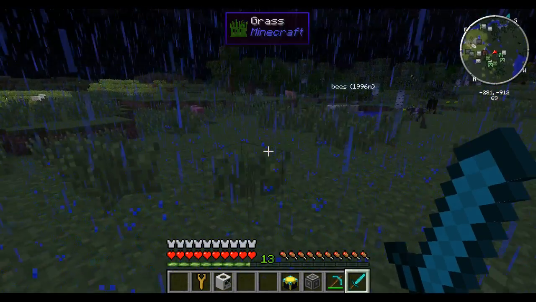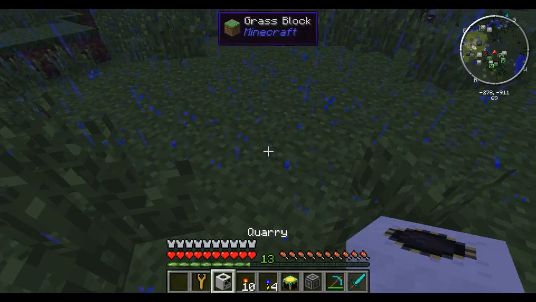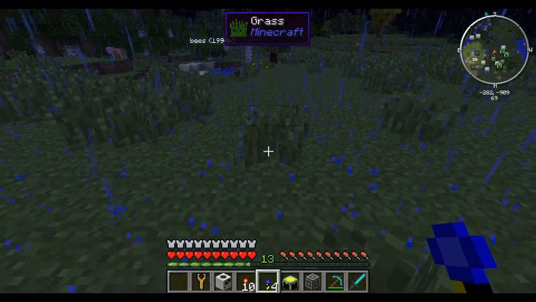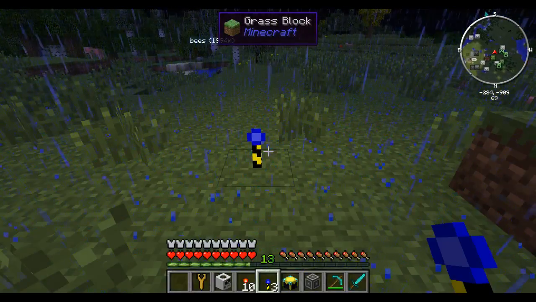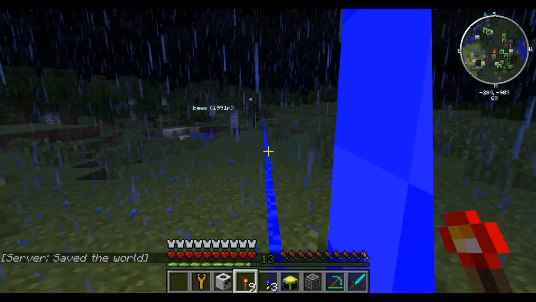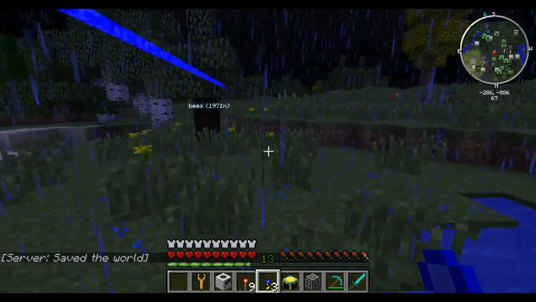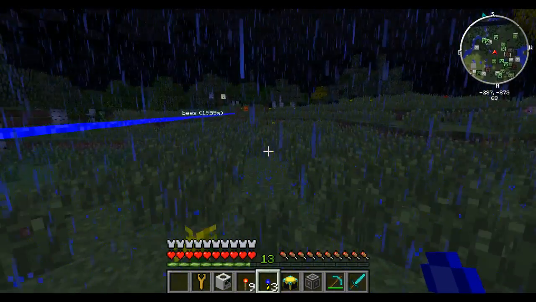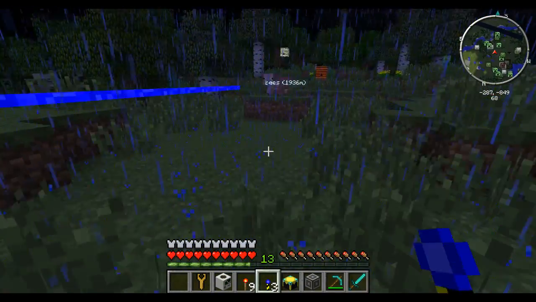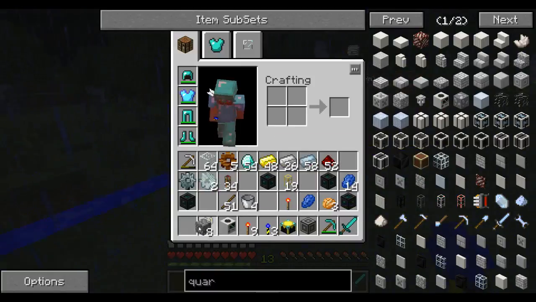Right, yeah. So first of all what you need to do is mark out where you actually want your site to be, and then you put a redstone next to your marker which puts the lines along. You just follow the lines along to however long you want this quarry to be. And this is the maximum level, here. So what I do is